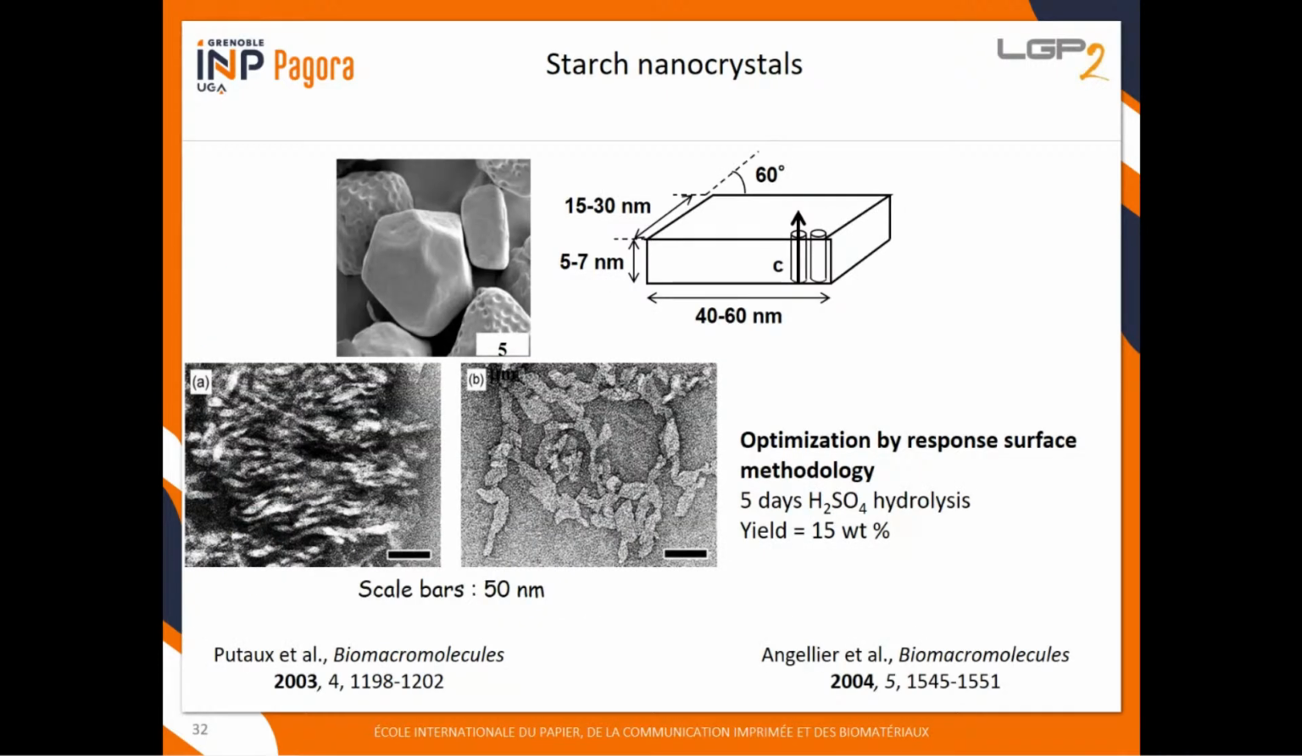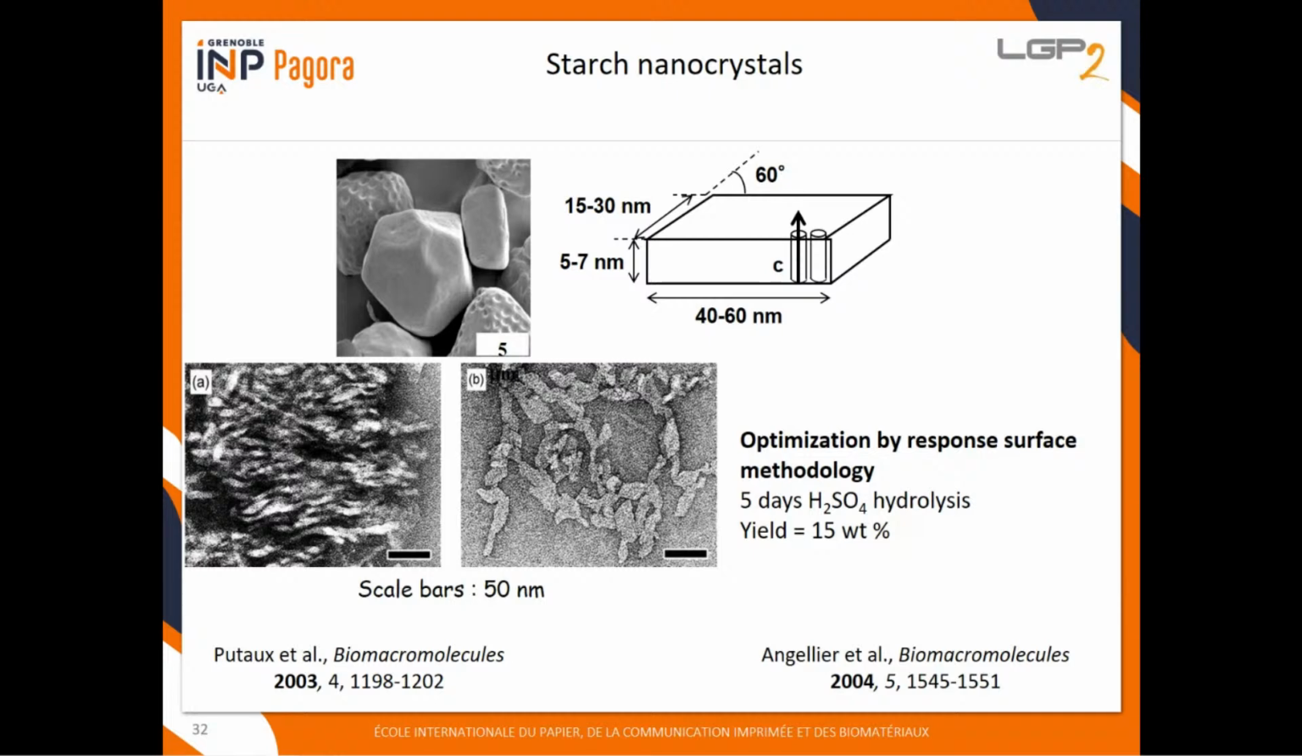So starch can also be submitted to an acid hydrolysis treatment. In similar conditions, except that in this case, the hydrolysis treatment needs to be performed at lower temperature. It is just because starch is more sensitive to acid hydrolysis. And so it means that, of course, because the temperature is lower, the duration of the treatment is longer. But during this treatment, we can selectively also dissolve the amorphous domain from the starch granules, and you can see